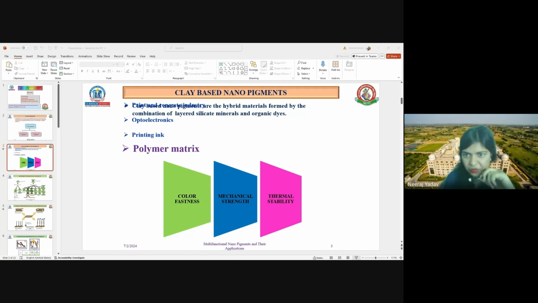There are two basic units which are found in the clay minerals. One is the tetrahedral layer, and the other one is the octahedral layer. And based on the arrangement of these octahedral and tetrahedral layers, they are generally categorized into two different groups of clay minerals: 1:1 and 2:1. In 1:1, one octahedral and one tetrahedral layer is present, and examples are kaolinite and halloysite. And here this is known as the interlayer space between these two units. And in the interlayer space, generally water molecules are present. And in case of the 2:1 group of the clay minerals, one octahedral layer